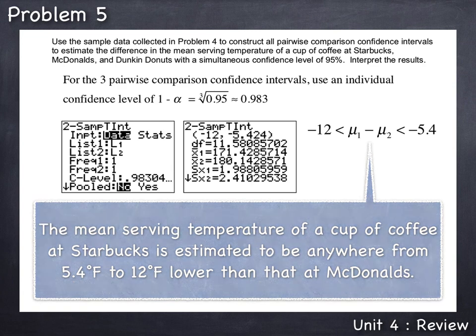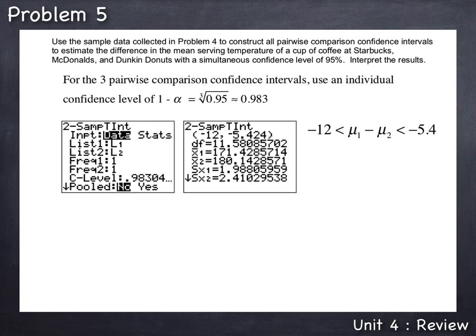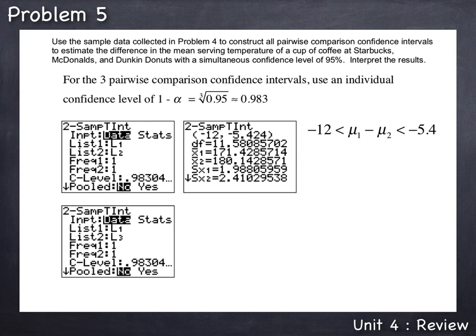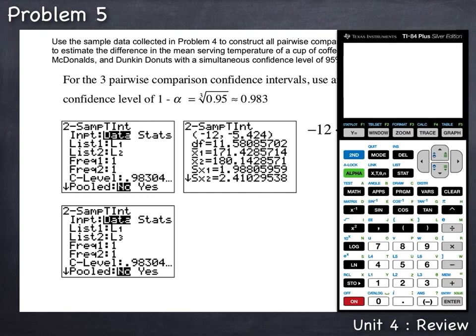Now we need to do this for the rest. Going with the second pairwise comparison confidence interval, comparing the first population, Starbucks, to the third population, Dunkin' Donuts. Here we have to execute the 2-SampTInt command a second time. But here we'll use L1 for the data at Starbucks and L3 for the data at Dunkin' Donuts. To calculate the confidence interval, to estimate the difference between the first population mean and the third population mean, you press Stat,